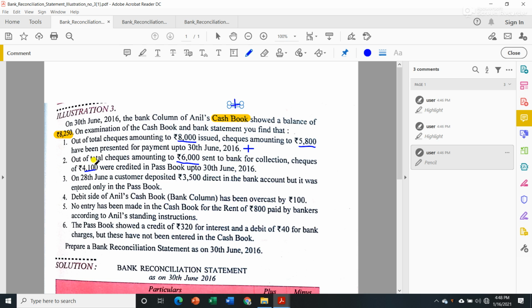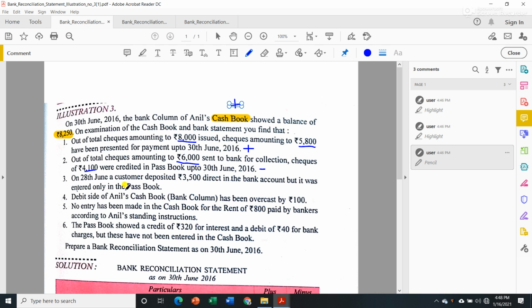So the remaining amount, that is 1,900, was not actually received by us, but our cash book is showing that we already received that amount also. So in order to equate cash book and passbook, what we will do is that we will deduct that 1,900 from our cash book. Okay, then next is, on 28th June a customer deposited 3,500 direct in the bank account,